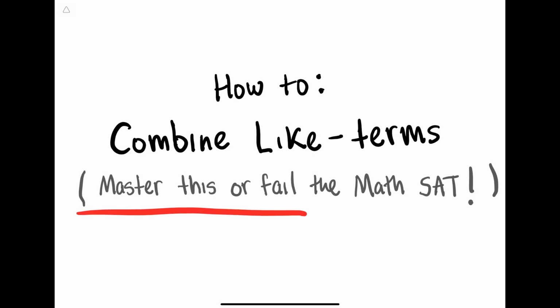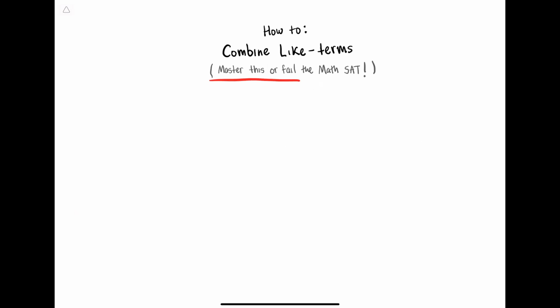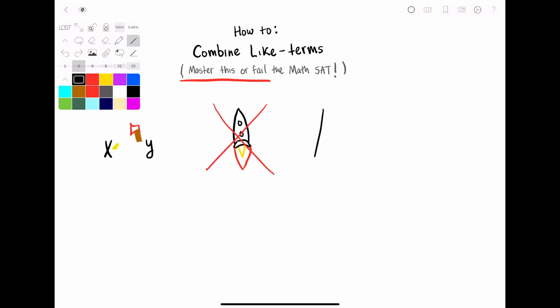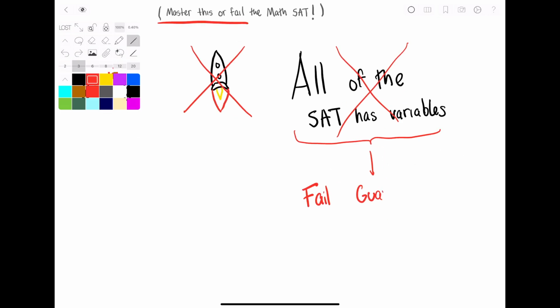This is how to combine like terms. Master this or fail the math SAT. Combining like terms is essentially learning how variables interact with each other. And even though it's not rocket science, pretty much all of the math SAT uses variables. So if you don't know how they interact with each other, you're guaranteed to fail about 70% of the math